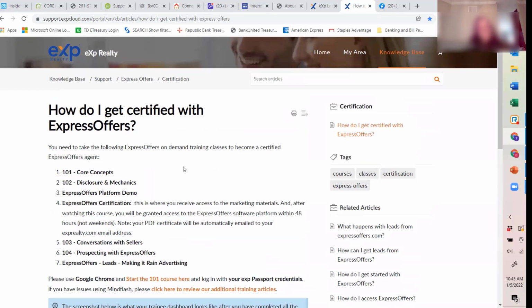And keep in mind too, as we talk about how you can give yourself greater opportunity for wealth generation, for income, not only are you looking at trying to ultimately secure a listing, but working with Express Offers gives you the ability to offer your investor buyers a new and unique platform to find properties. It can also give you the opportunity to receive a fee anytime any of those investor buyers actually settles on